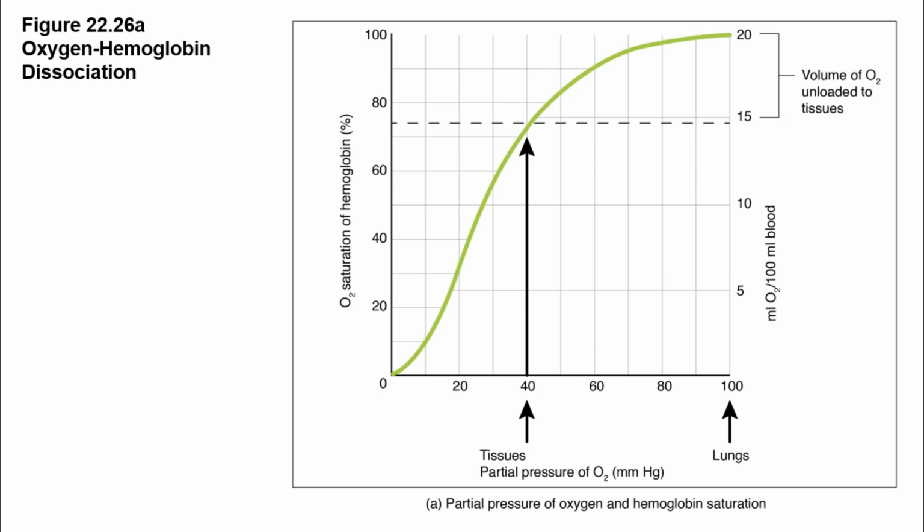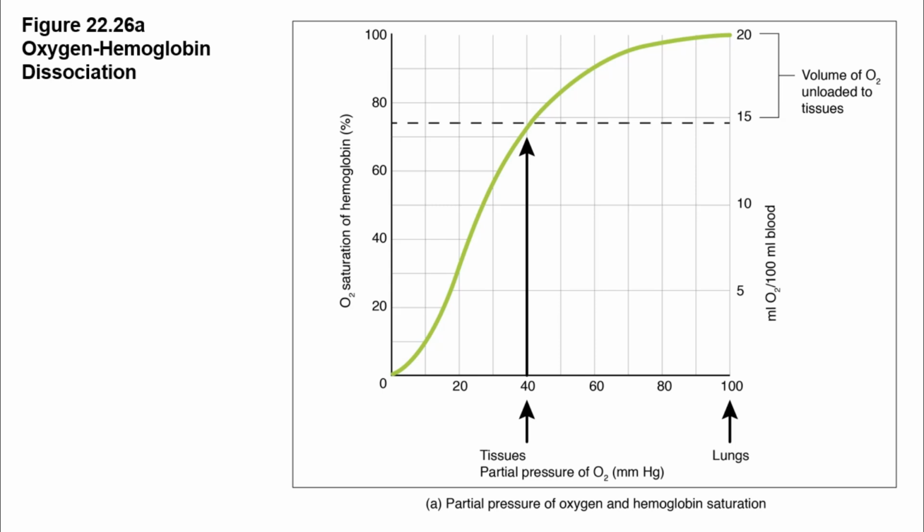Following the dashed vertical line, the graph tells us that at the tissues where the partial pressure of oxygen is lower, hemoglobin has unloaded some of its oxygen, as it is now only about 75% saturated. The right vertical axis tells us that about 5 milliliters of oxygen per 100 milliliters of blood has been unloaded